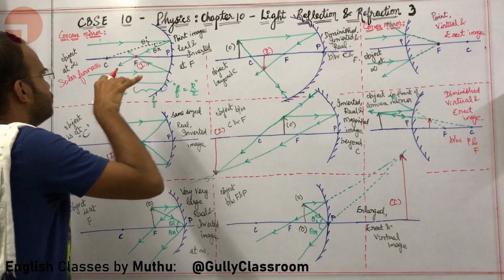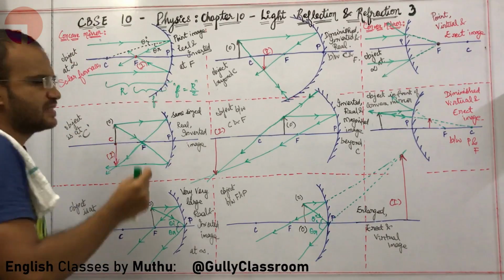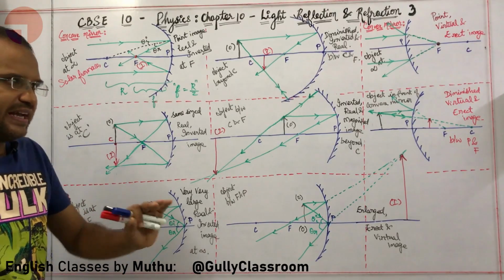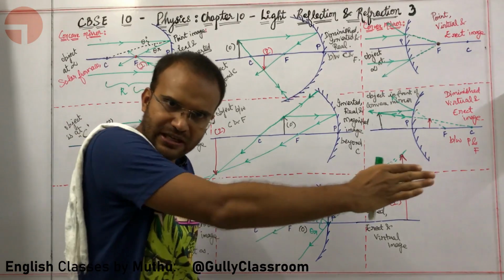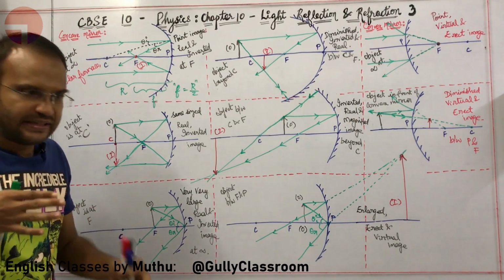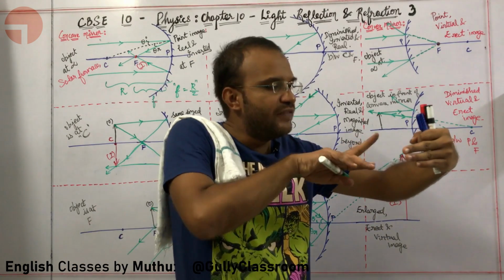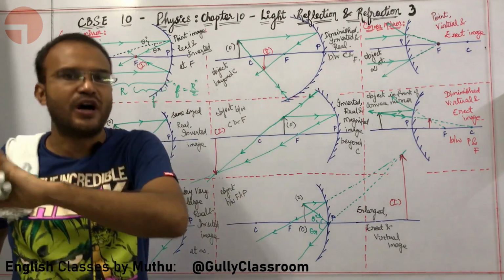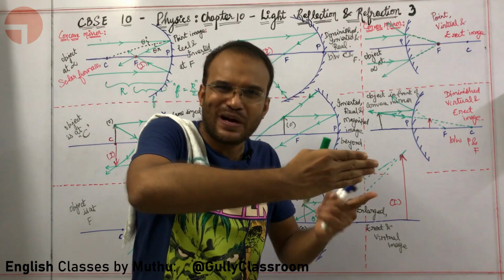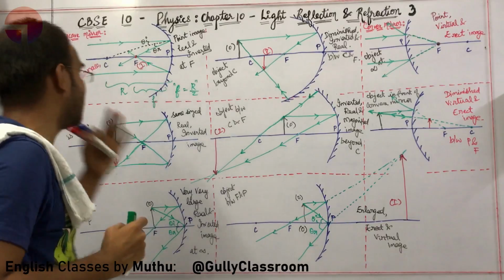Okay. When you are using torch lights, you can use this particular idea. How, sir? For better understanding, recall the idea of reversibility of light. Light, if it is traveling in one particular path, it can also travel opposite to that particular path. When reversed in direction, it has the tendency to follow the same path.